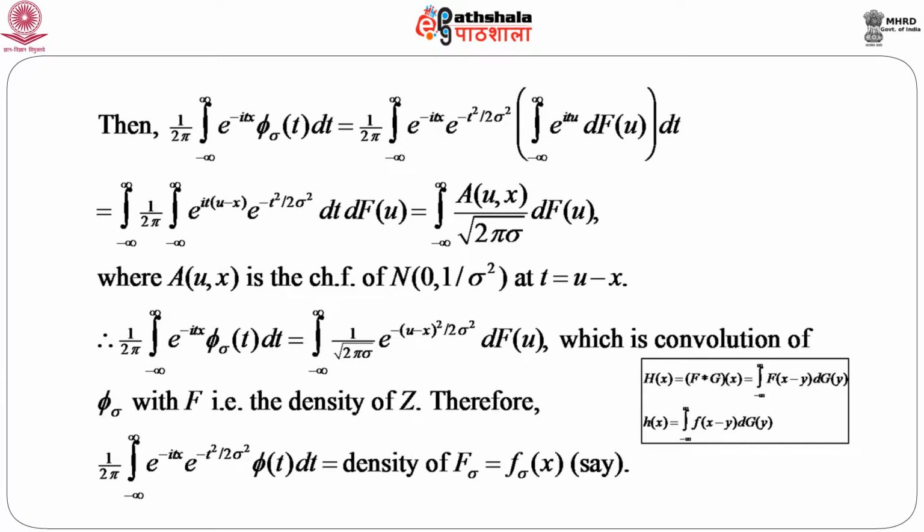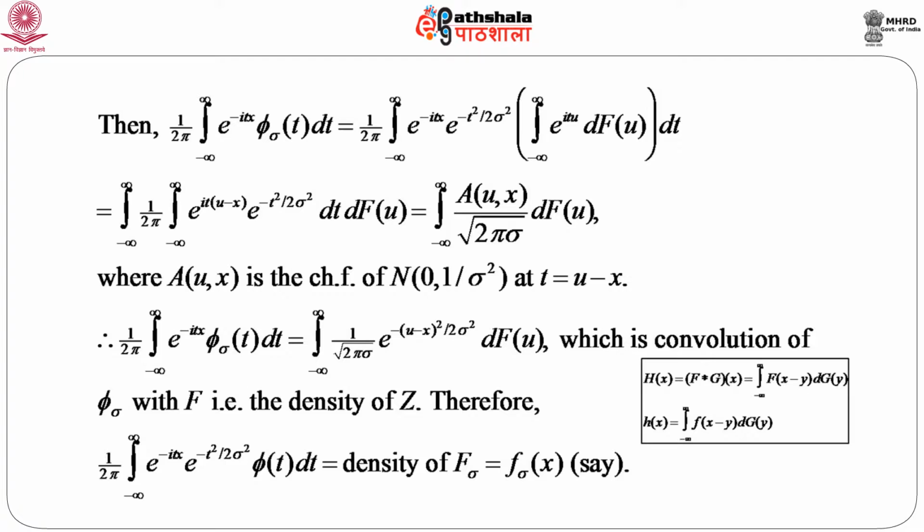Then consider this integral, 1 by 2 pi integration minus infinity to infinity e to the power minus i t x phi sigma t dt. Now, what is phi sigma t? We have already seen that this is e to the power minus t square by 2 sigma square into phi t. Now, what is phi t? Phi t is the characteristic function corresponding to capital F. So, minus infinity to infinity e to the power i t u dF u dt. Just a little bit of algebra and we will get immediately